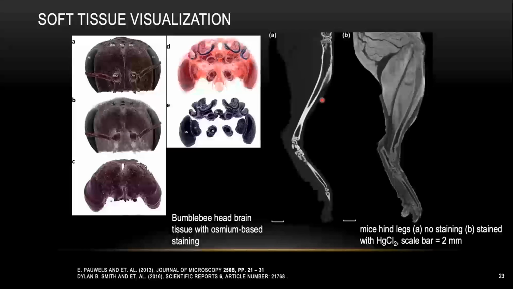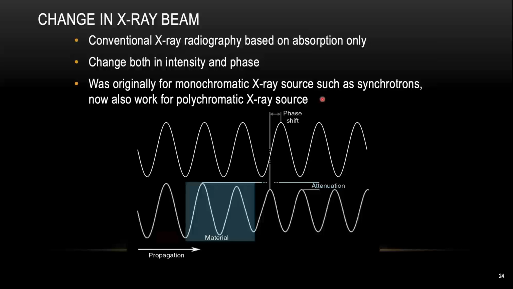So all the discussion we've been going through so far is simply based on traditional X-ray imaging, which means it's all depending on how much your material, your sample, can absorb the X-ray beam. But when X-rays pass through a piece of material, as the cartoon shows down here, it's not only decreasing in amplitude by the attenuation, but it also delays the signal. So you have some kind of phase shift. So if we can capture the phase shift